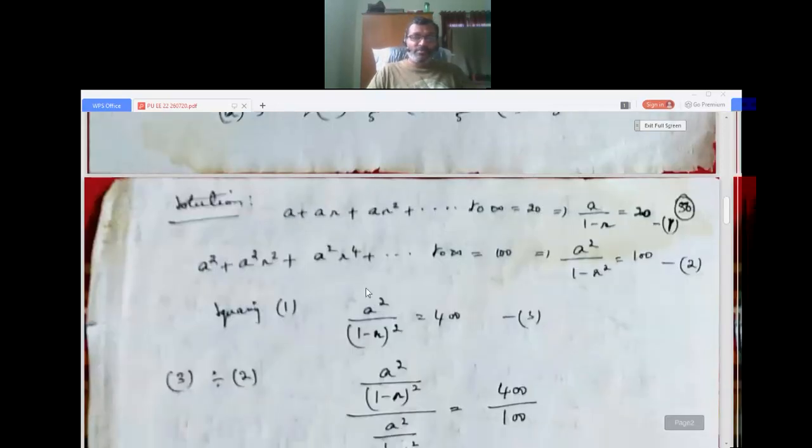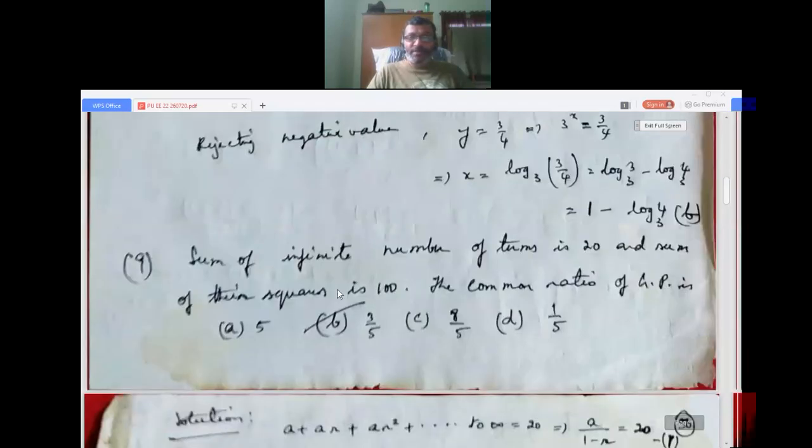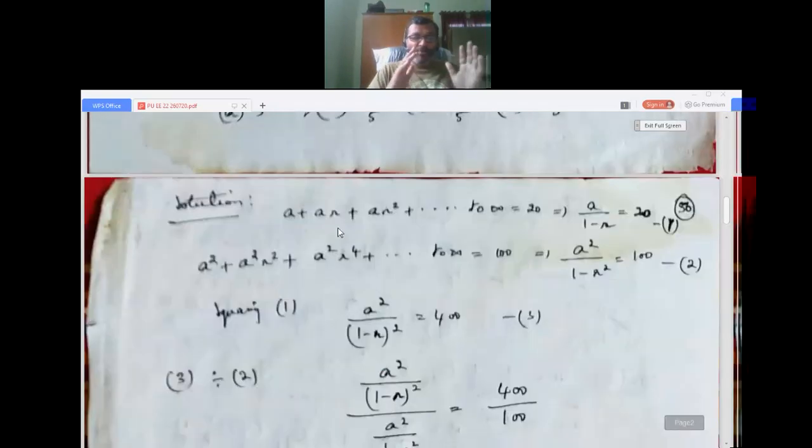Okay, now see the solution. It is given the sum of the infinite terms is 20. A geometric progression is generally written as A, AR, AR squared, like that till infinity, because the common ratio is R and the first term is A. The sum of all these terms will be equal to 20 as given. Also there is a formula in geometric progression: S infinity is equal to A by 1 minus R. A by R minus 1 also you can write, but usually we assume R less than 1, so A by 1 minus R. So the sum to infinity of A plus AR plus AR squared till infinity will be equal to A by 1 minus R, that is equal to 20.